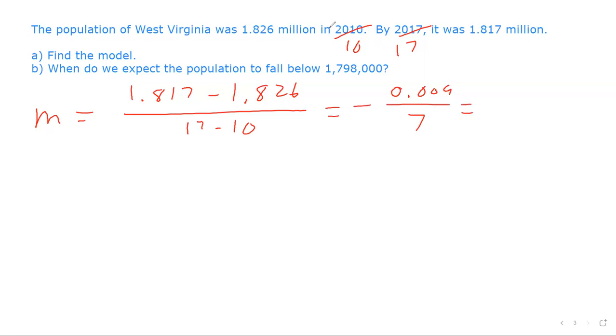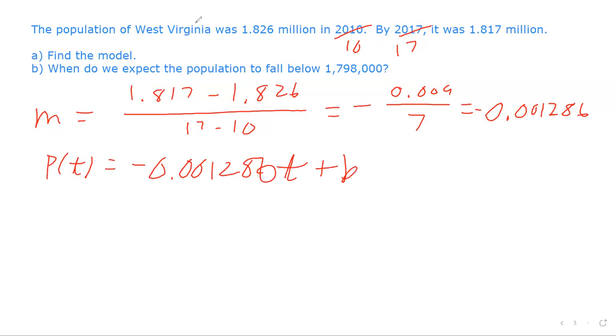Just to make this a little bit nicer so I can spread my numbers out, we can actually read them. There we go. So negative 0.001286, and that is millions of people per year, because we had millions of people on top, years on the bottom. So our population is going to be a negative 0.001286t